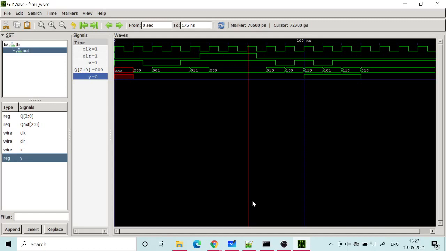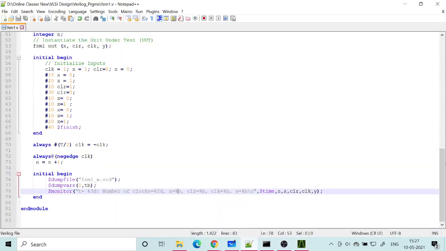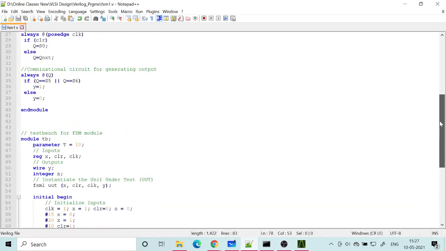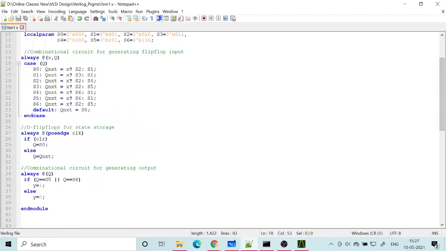Okay, so the register could be with a synchronous reset or an asynchronous reset. If it is an asynchronous reset, you need to write the program in such a way that you also look for the positive edge of the clear input. Here only the positive edge of the clock input is looked for, and therefore this is a synchronous reset.